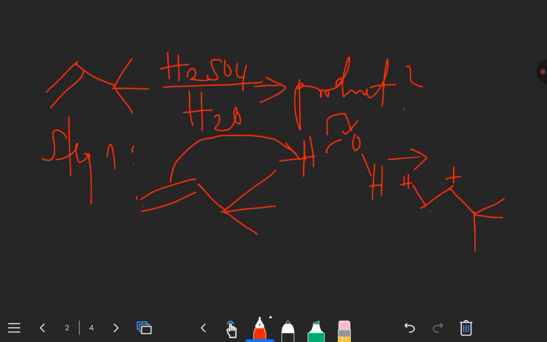Okay, so this will be our step one. We have just protonated this compound. This double bond has grabbed the hydrogen, then forming a carbocation there. Then our step two now will be